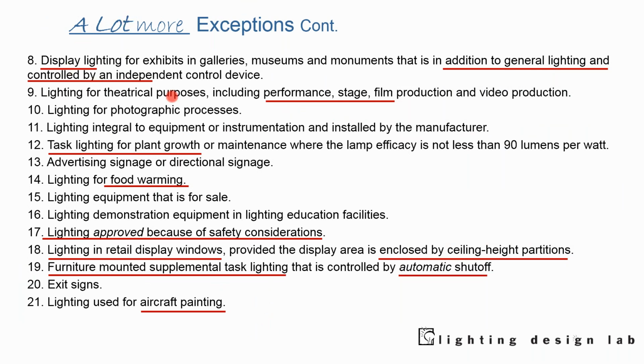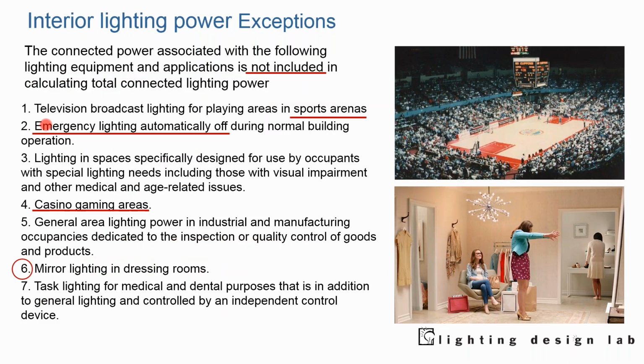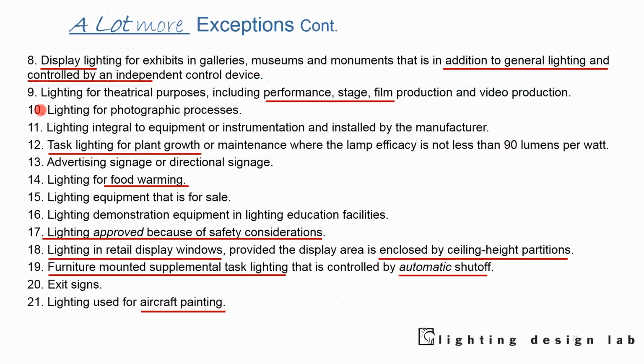There's a lot more exceptions, so we're still into exceptions. So this is 1 through 7, and now we're into 8 through 21. All kinds of things are exceptions. Display lighting, in addition to general lighting and controlled separately. Performances on stage, task lighting for plant growth, food warming, again, not included in the lighting power density. Lighting approved for safety, automatic shutoff, task lighting, aircraft painting. So yeah,